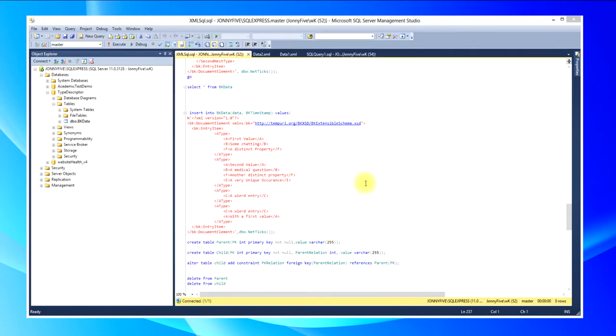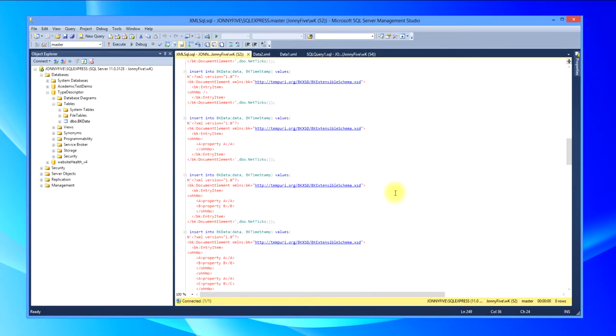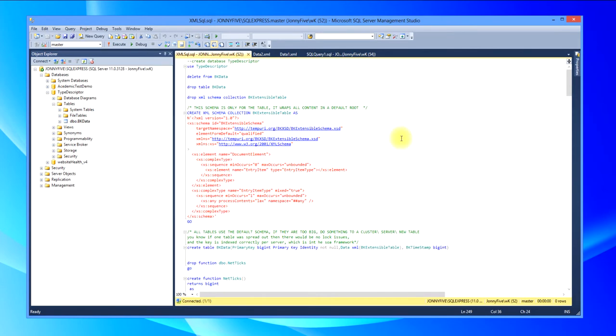So let's first take a look at the SQL file that I used to create the database. This is the file. I create a database and create a table, BK data. First I import the schema that I'm using. I wrote this schema and called it the BK, Blue Kernel, extensible schema. It's extensible because this element here uses a process lax any type. So any element and structure can be nested within this element as element content, or any subset of child elements,